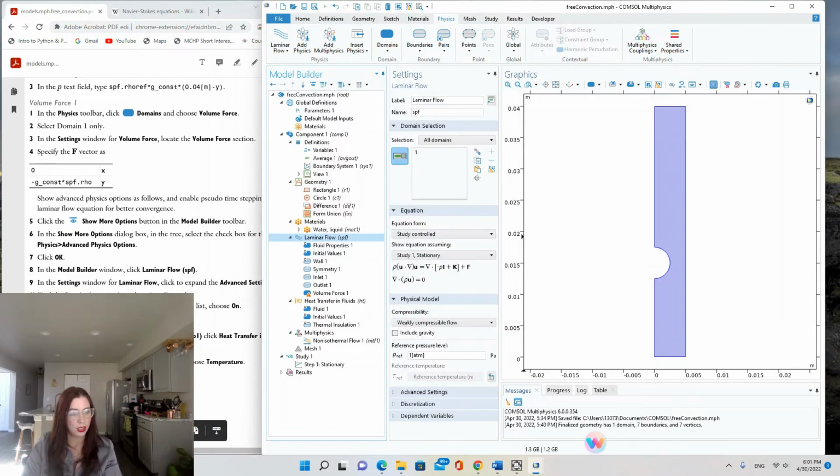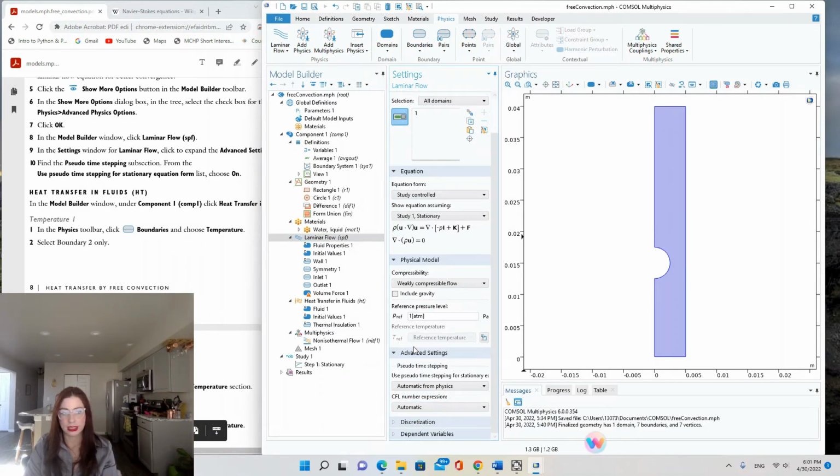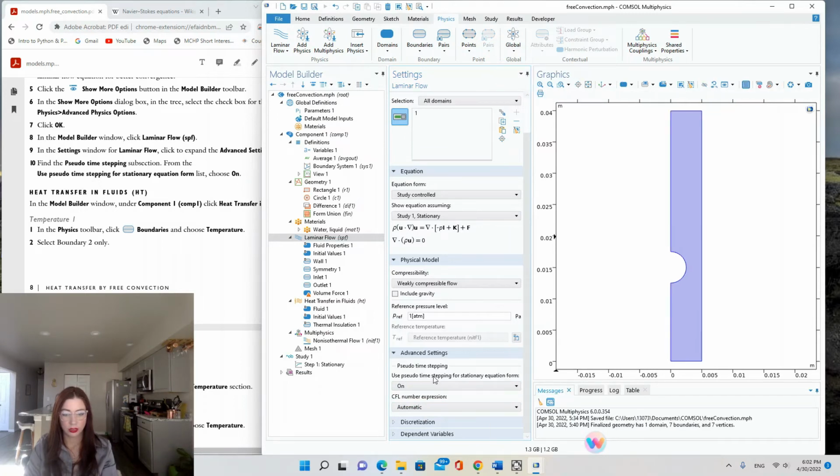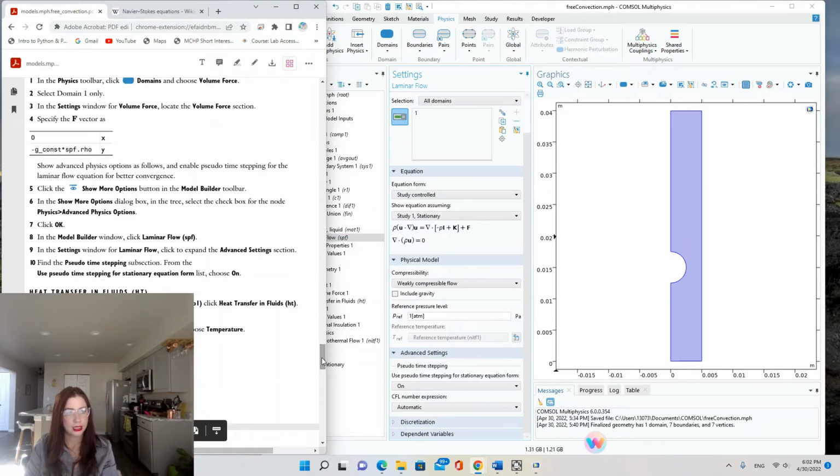In the settings window for laminar flow, click to expand advanced settings and find the pseudo time stepping subsection. From the use pseudo time stepping for stationary equation form list, choose on. So instead of automatic from physics, we are selecting on to use pseudo time stepping. And why we are doing that,